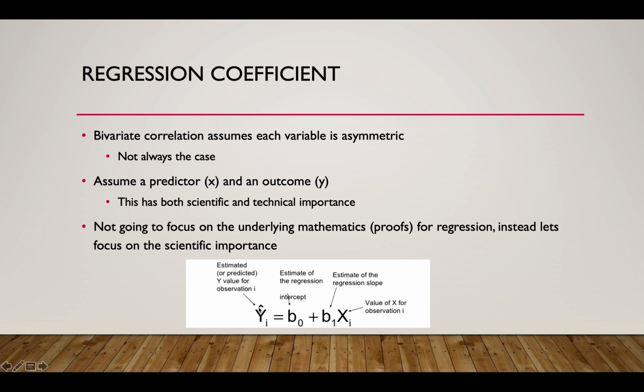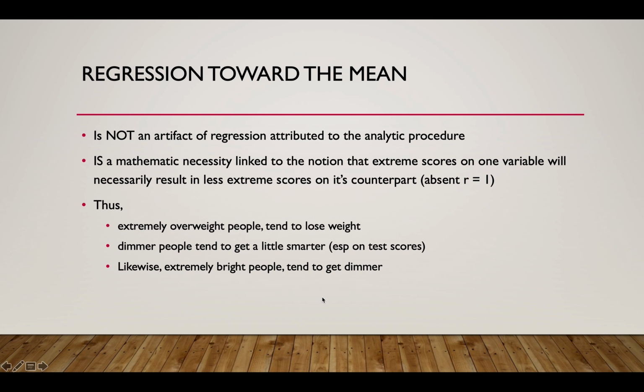If we removed this hat, then we would have y equals b0, our intercept, plus b1, our slope, times person i's value of x, plus residual. That accounts for the difference between y and y hat. All right. So taking just a break real quick, since we're starting on regression, let's talk a little bit about